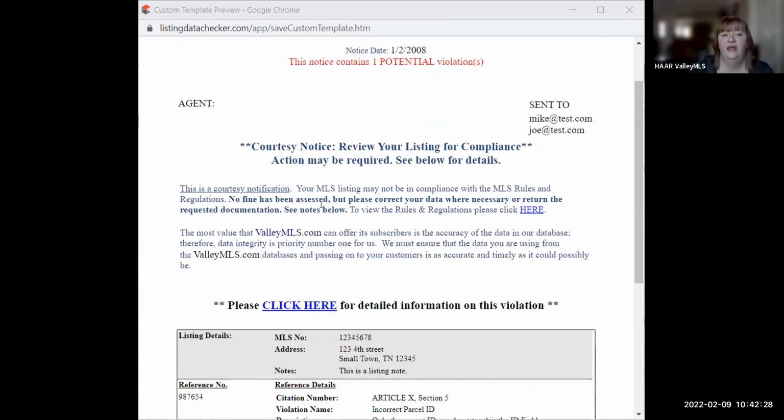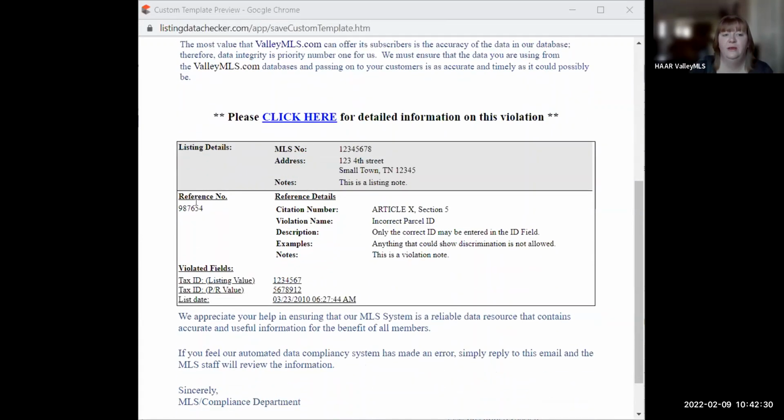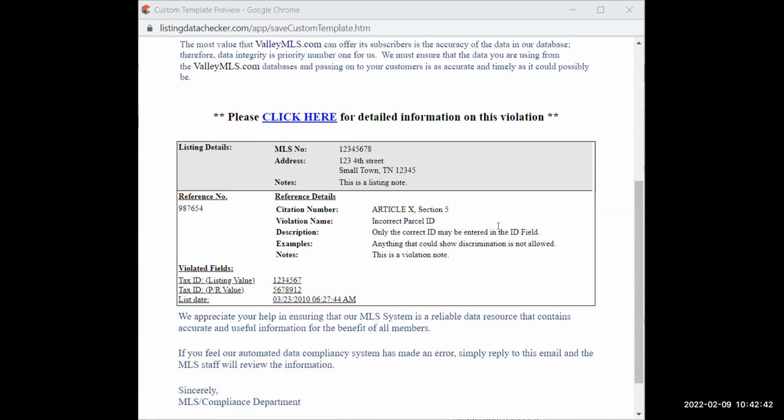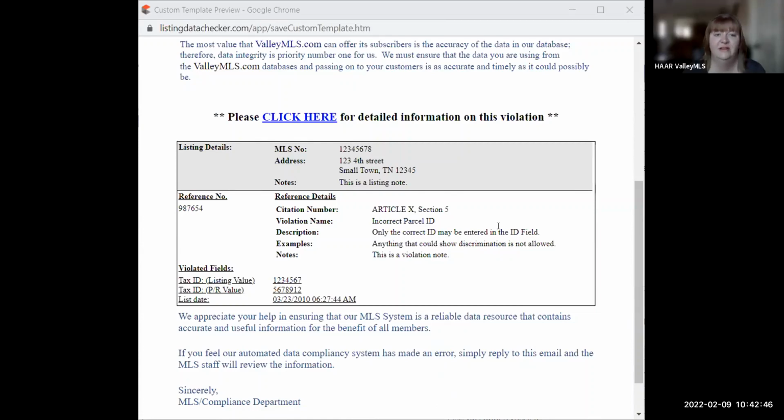But all of them are the same in that when you scroll down through, there's going to be a box down here. I do want to mention this "please click here." I wish that was more meaningful. Sometimes it will be if it's a system generated violation. Clicking here will show you in red what's wrong in the listing. If it was manually caught, clicking there is just going to be frustrating because you won't see anything. So really here inside this box is what's important.